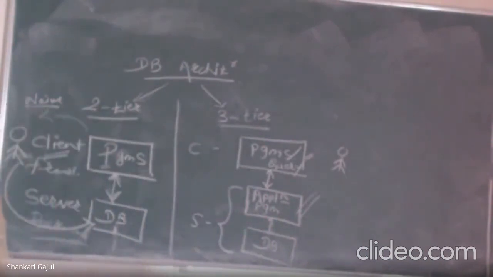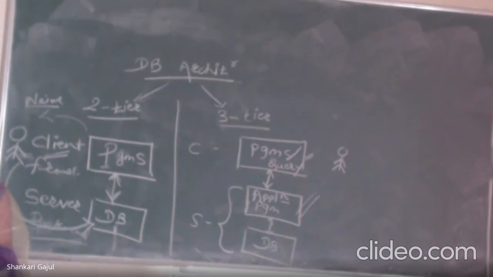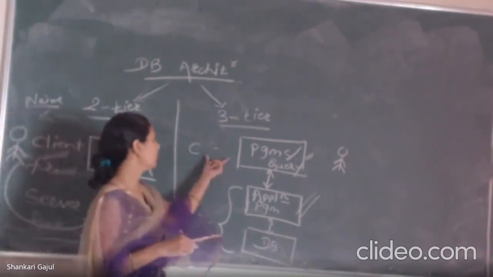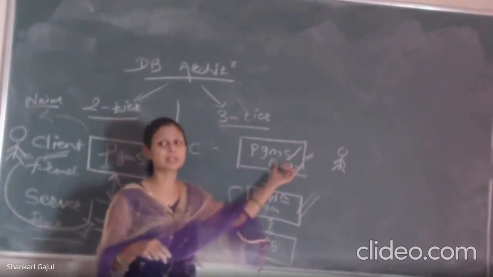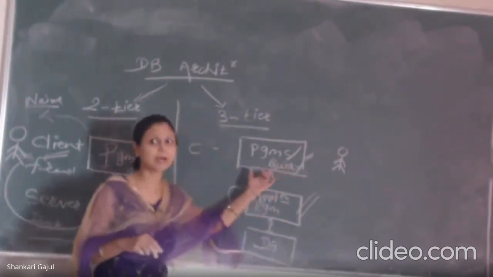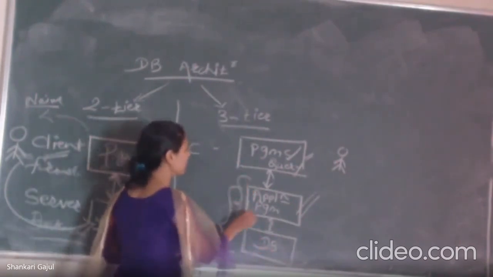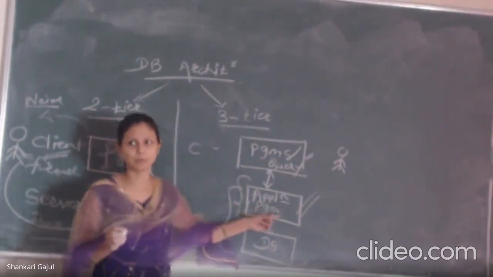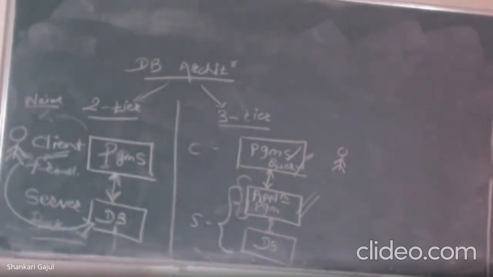What kind of users interact with the database system? Sophisticated users interact with the database system, but they require one kind of query language. So on the client side, on the front end, application programs have to be written. By those application programs or the queries, they interact with the database system. But one intermediator is also required, and that is the application programmer. This is the main difference between the two-tier and the three-tier architecture.